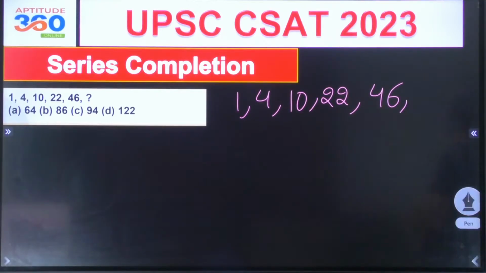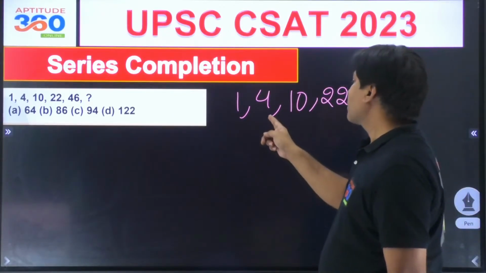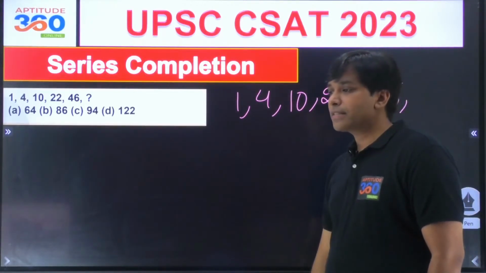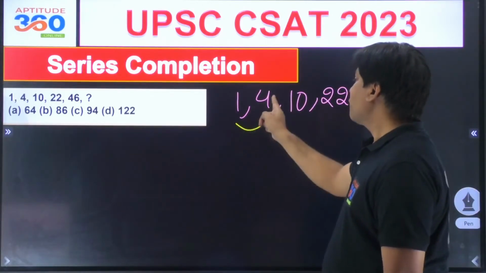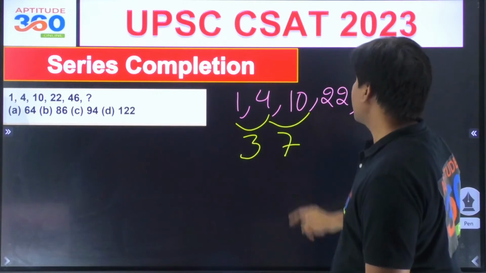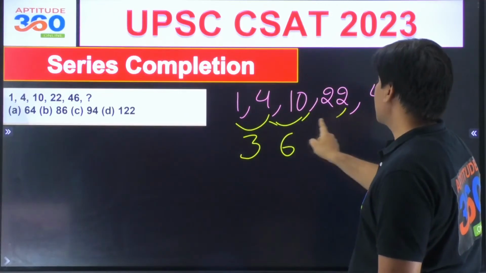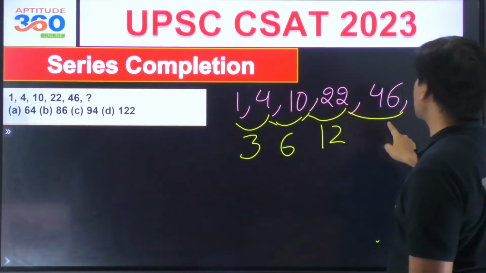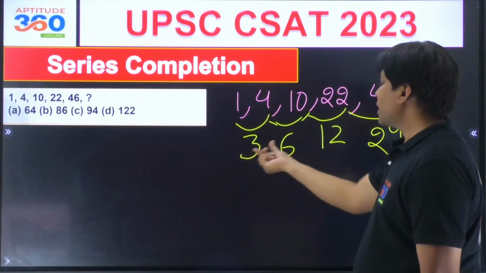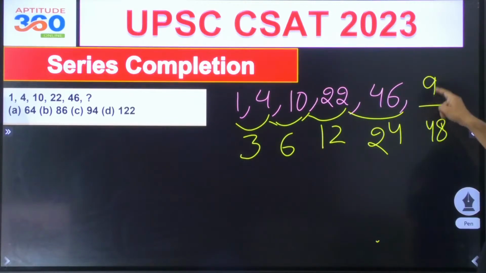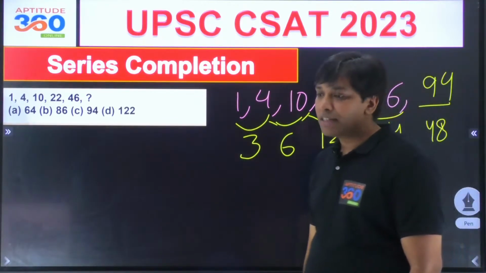Vishal is getting the answer. Who else is getting the answer? Divya is also getting the answer. Aradhana is also getting the answer. So this is what? 4 negative 1 is 3, and this is 7, isn't it? No, this is 6, not. This is 6, and then 12, and then this is going to be what? 24. So 3 into 2, 6 into 2, 12 into 2. So this will have to be 48, and 48 is what? What is this number out here? Everybody is getting the right answer. This has to be nothing but 94.